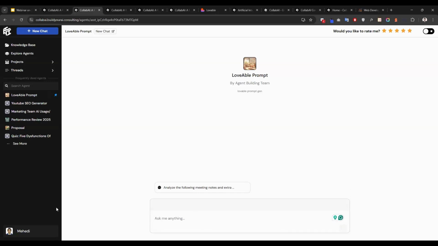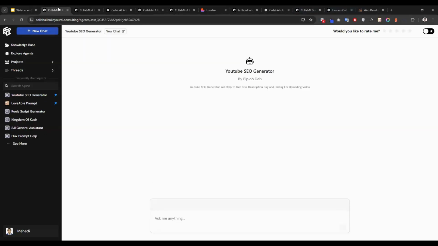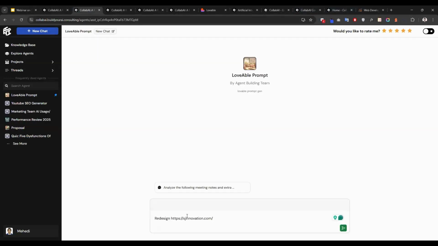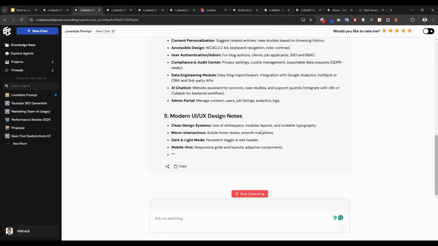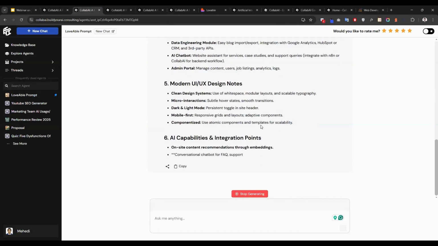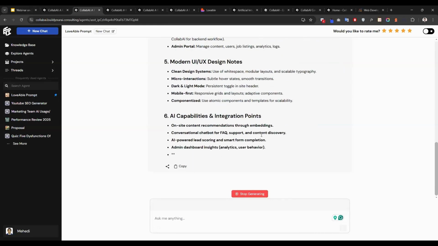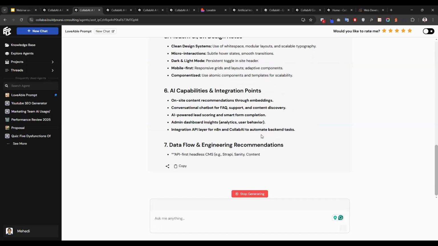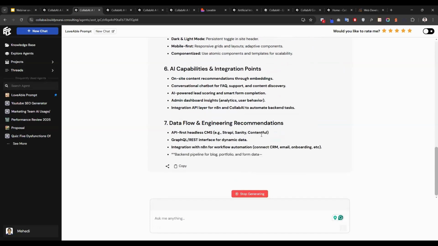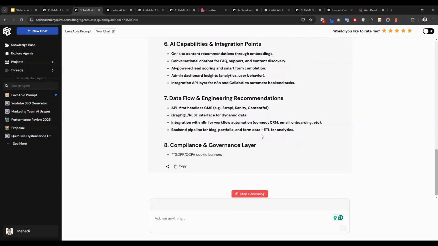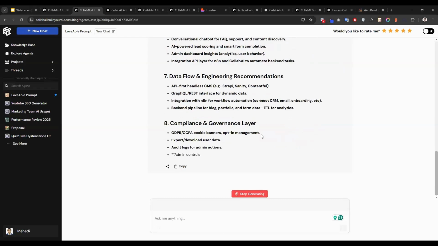So let's try to create one website. Let's give it a simple prompt. Okay, let's give it: redesign this website. If you see our agent's feedback, it's a normal feedback that any other AI model gives, but there is a specific difference between the other feedback and ours. Why is that?